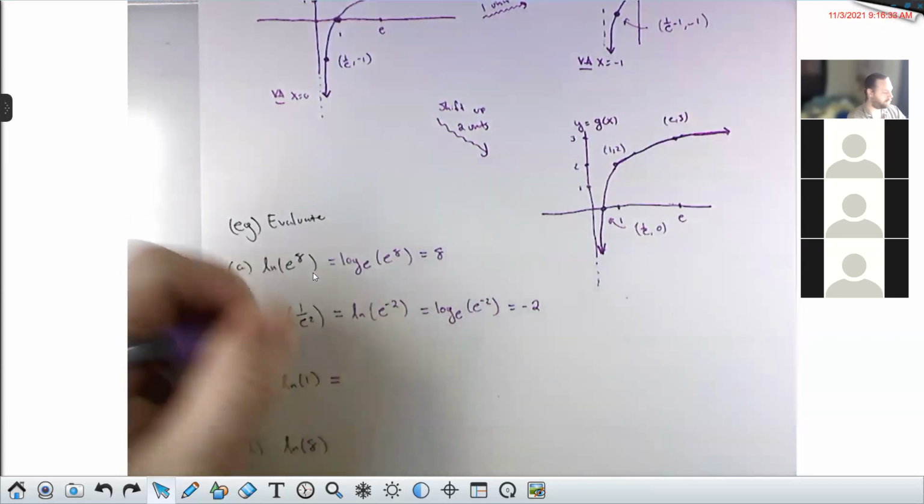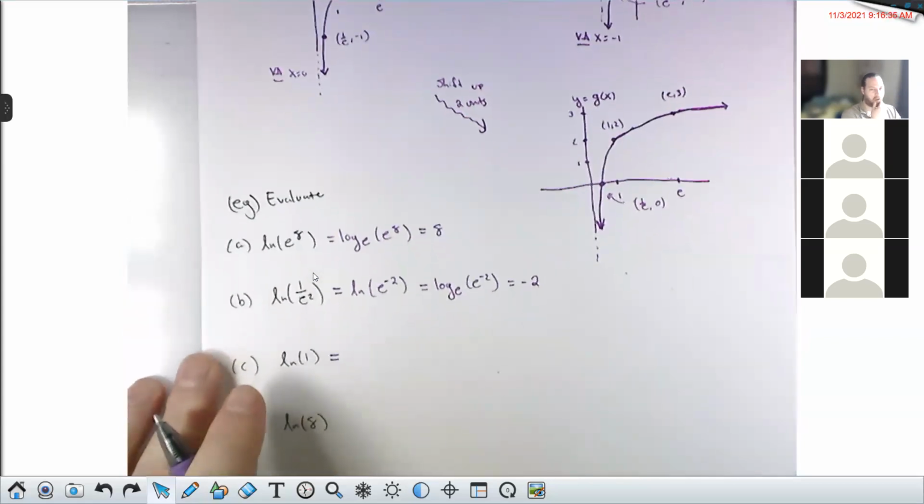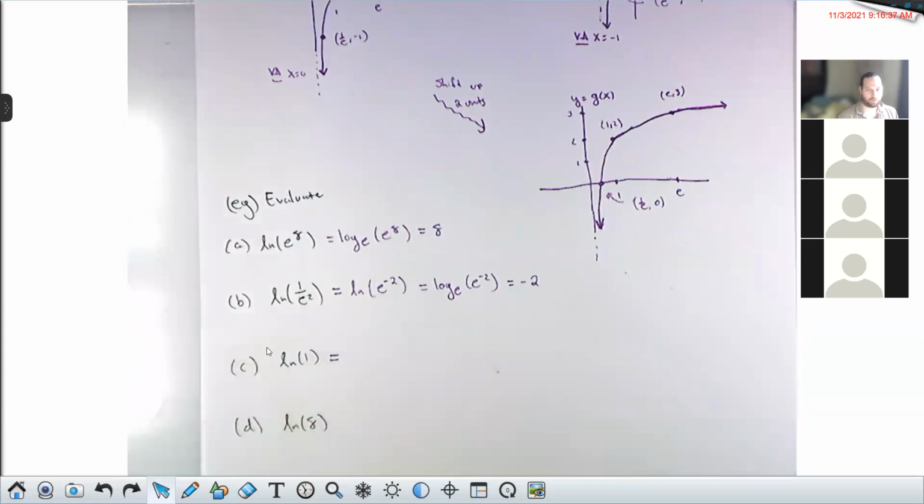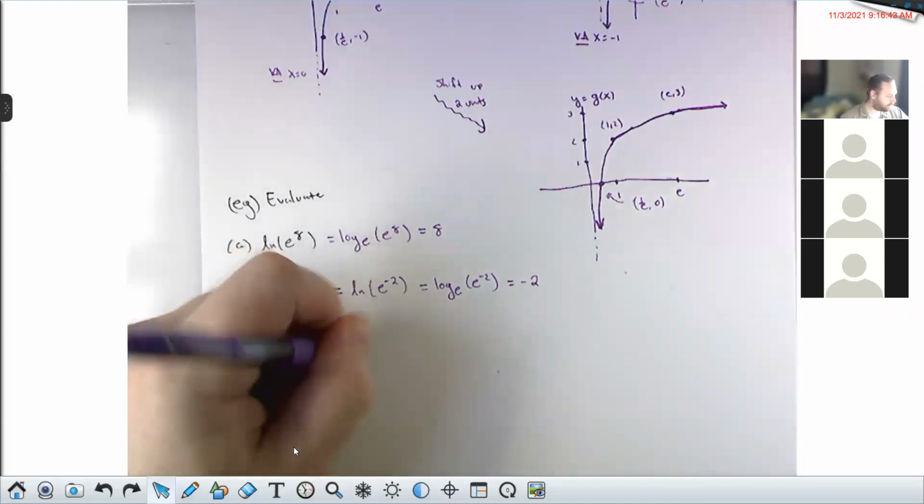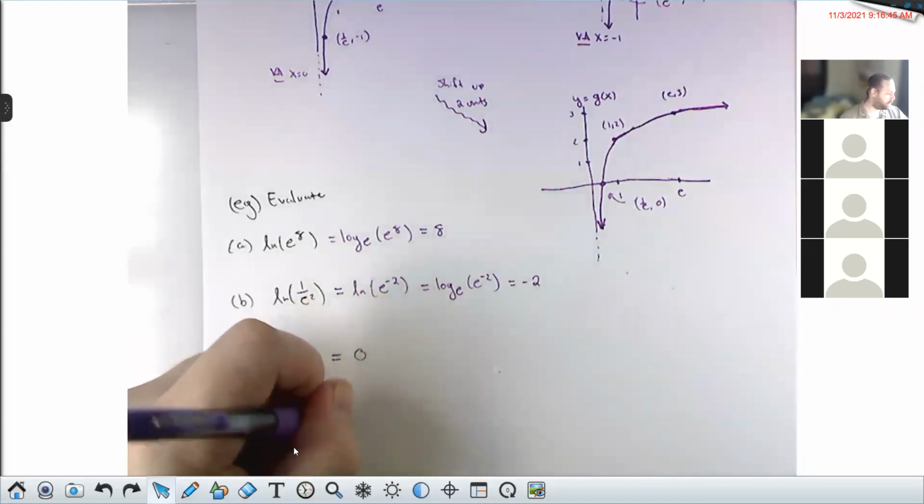All right, what about this one? This is kind of the silly one. What power of e is 1? 0. Excellent. All right, now this one down here,